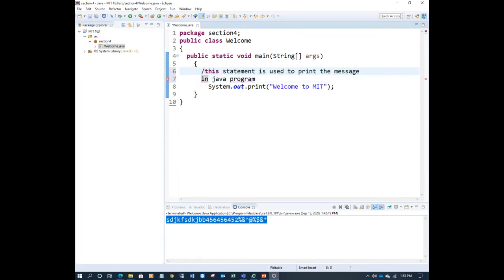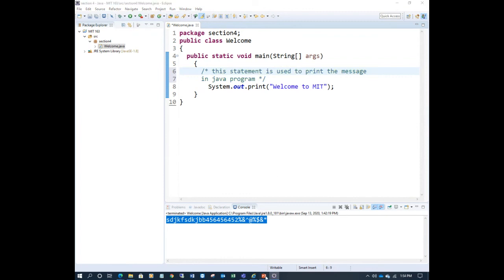Here another type is called slash star. Keep this one at the end, star slash. This is another kind of comment where you can keep multiple line comments. This is called a multiple line comment. The previous one is a single line comment. There is a third type of comment, slash star star. This is called a documentation comment. We'll see these comments later on.